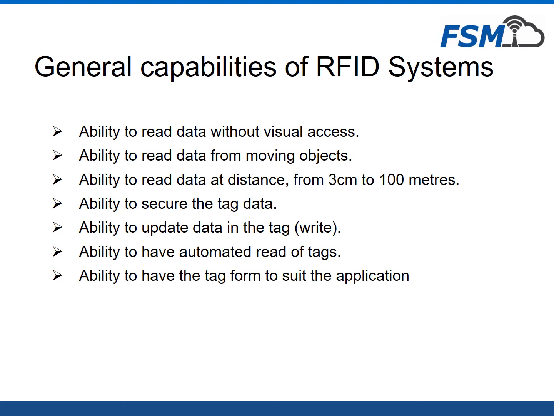Then the reading distance. Industrially speaking, it can be a few centimeters to probably these days about 10 meters, but then the bigger commercial applications like seaports, harbors, cranes, long range systems, you'll see subsequently, depending on the tag being active or passive, go up to a range of 100 meters. Then the security of the tag data, that means the chip is not only giving digitized information, it's encrypted information. So this encryption and decryption makes the entire system more secure, so that even the pilferage of data and hacking